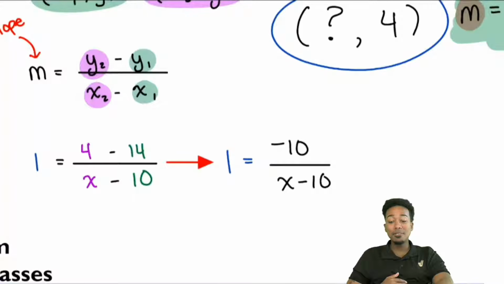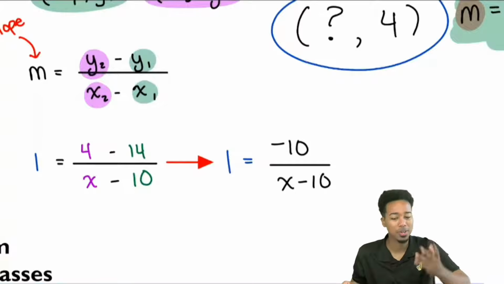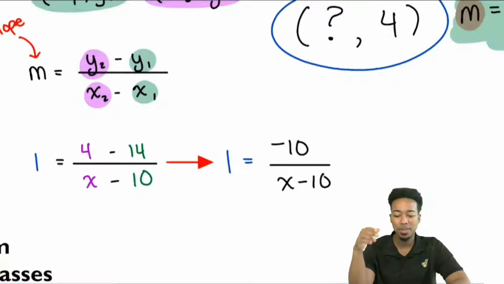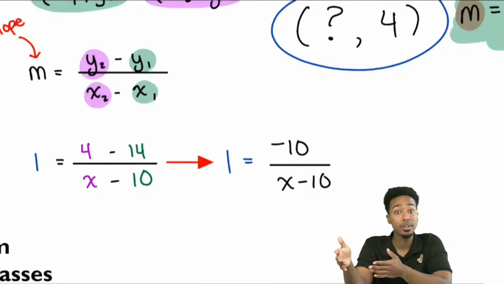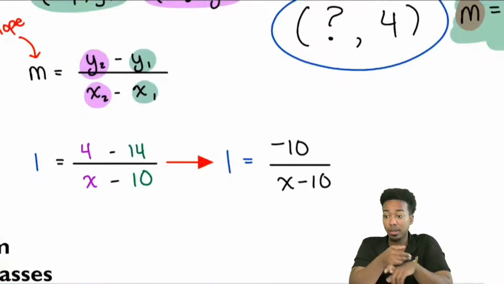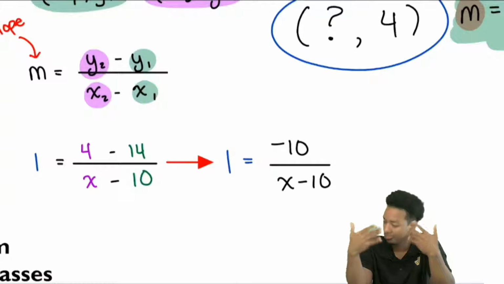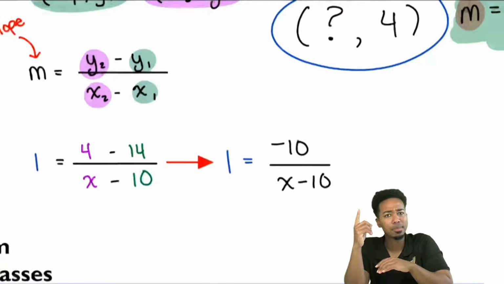Exactly. Dividing it by itself. Thank you, Landa. Thank you, Indy. Thank you, Zoom user. If you want to tell me your name, I'll switch your name up there. But yeah, if you divide a number by itself, you get 1. Think about it. 5 divided by 5, that's 1. 25 divided by 25, that's 1. 92 divided by 92, that's 1. So if we have negative 10 up top, what does the bottom have to be then?